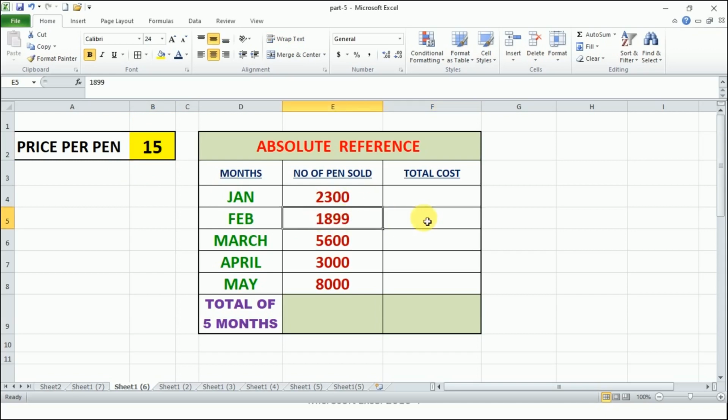Next, for getting the profit of the February month, I need to multiply this and this. Then this cell E6 to B2, and then E7 to B2, then E8 to B2. So it means that one cell is fixed, but the other's address is changing. So what would be my formula? It would be equal to